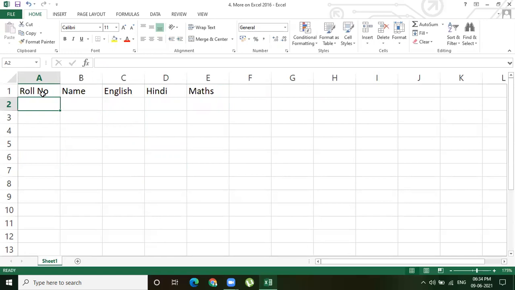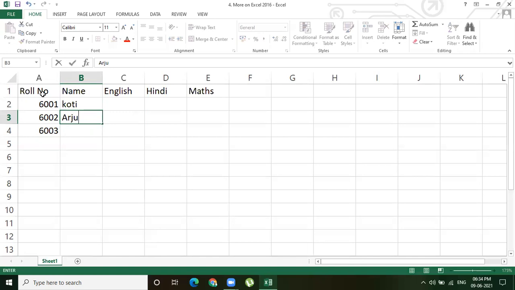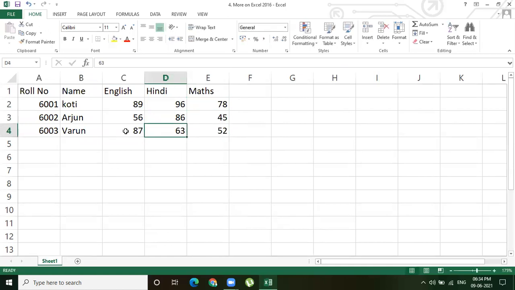Here I'm taking some roll numbers, 6001, 6002, and 6003. Here I'm taking some names. Next, here are the marks I'm giving you.